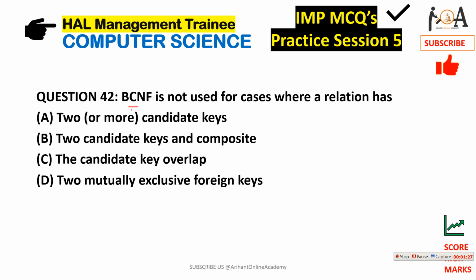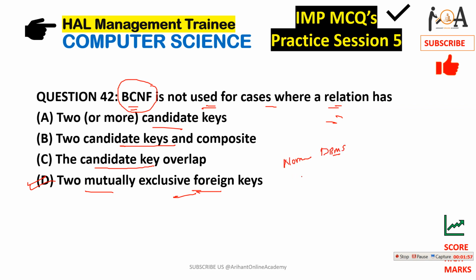Next question is, BCNF is not used for cases where a relation has two or more candidate keys, two candidate keys that are composite and overlap, or two mutually exclusive foreign keys. So BCNF is not used for the cases where a relation has two mutually exclusive foreign keys. Basically guys, there is a video on normalization in our DBMS playlist.